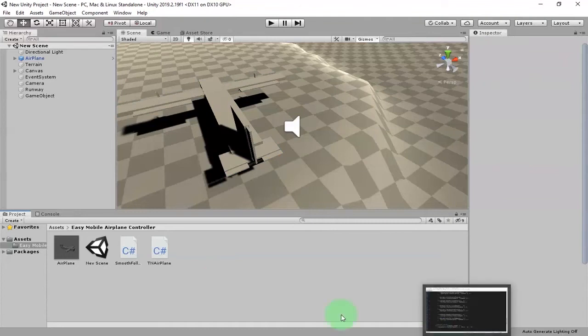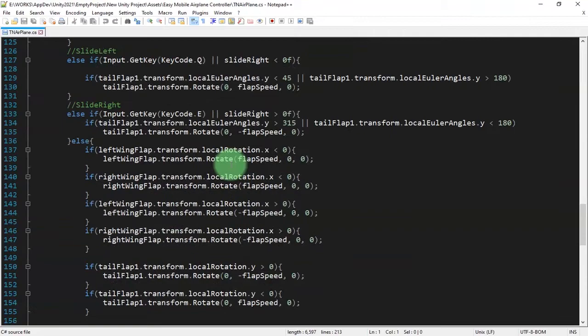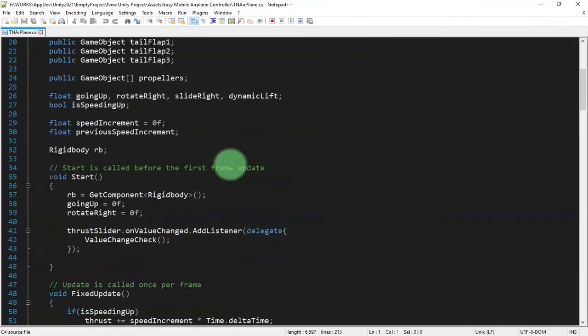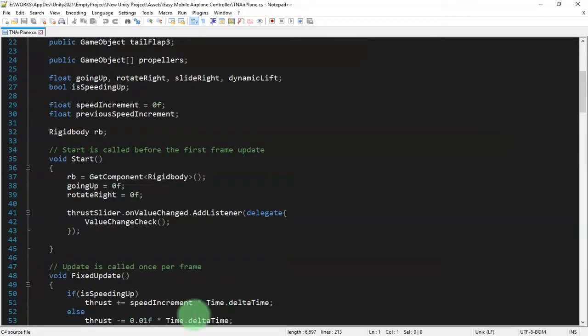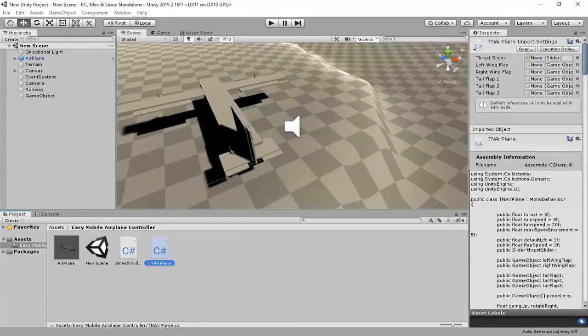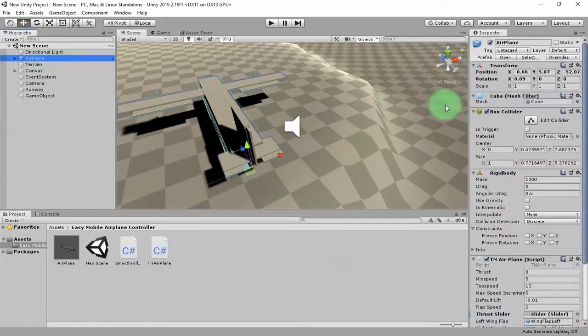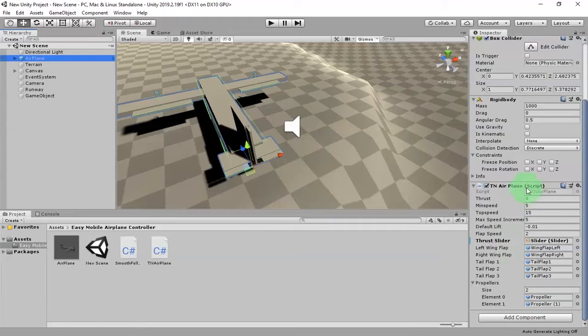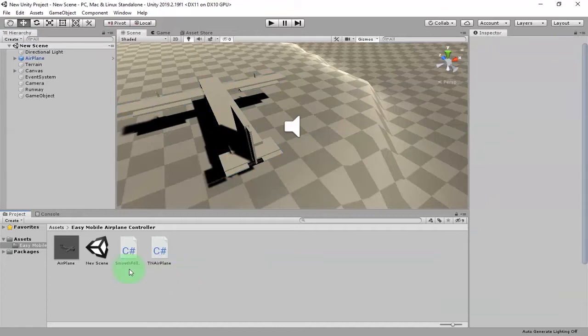I did so many changes on my script on this Unity airplane game. I've done so many changes to the script and also to the airplane object itself. It has some changes, but you don't have to worry because I've already packed everything here in this project